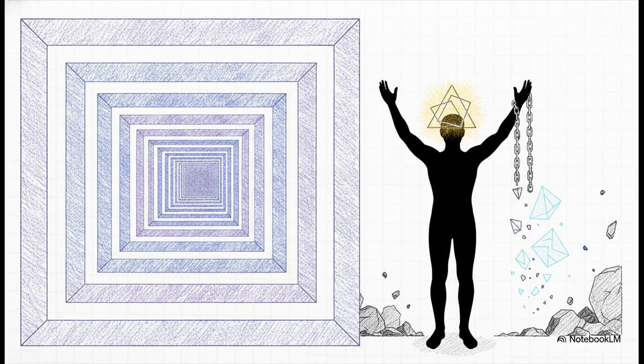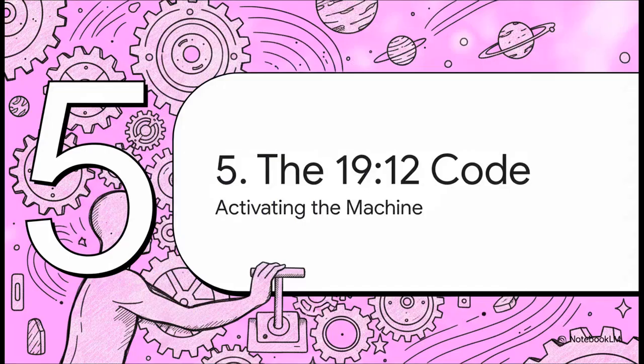So how do you actually escape this trap? Well, the blueprint argues that verse 3923 is the master rule of the system. It's the Mathani. This Mathani pattern basically means the system is going to continuously repeat this illusion, projecting false depth onto physical surfaces until you, the observer, finally recognize the pattern. Once you see the Mathani, the trap becomes visible, and you stop falling for the optical illusions of the dead kingdom. And finally, Section 5, activating the 1912 code.